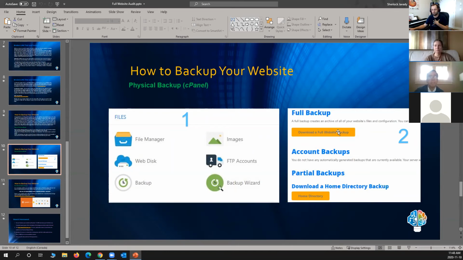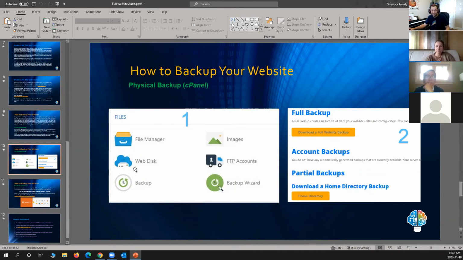So this is what I do. When I created my website and I was sure that from now on I'm not going to delete anything, I will be just adding more content, the bare bone of the website was set up and all my pages were working, I got a full website backup. It's about 3 gigabytes. It's a lot, so it takes a long time. I keep one copy of that, but then every 3 or 6 months, I download my home directory just as a quick backup for myself.